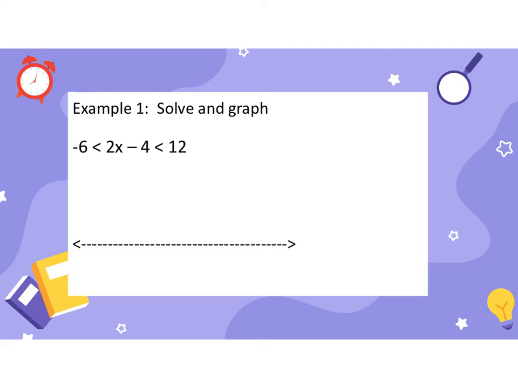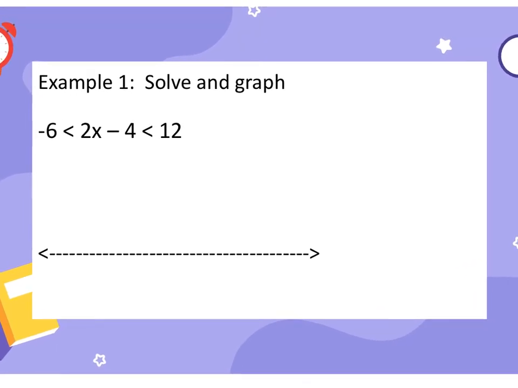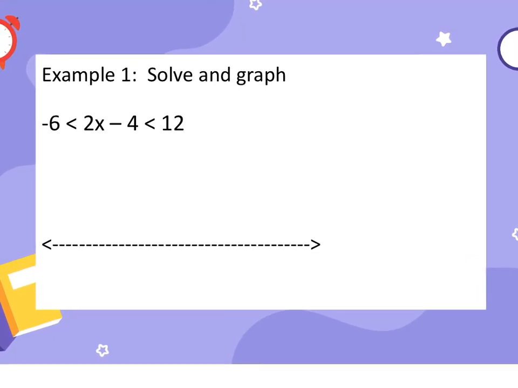Okay. Example 1 is to solve and graph. So we'll just start off looking at this one. Do we think this is an AND or an OR function? Is it written together or is it written separately, usually with the word OR? It's written as one, right? It is. So, to solve an AND function, what we need to do is split this into